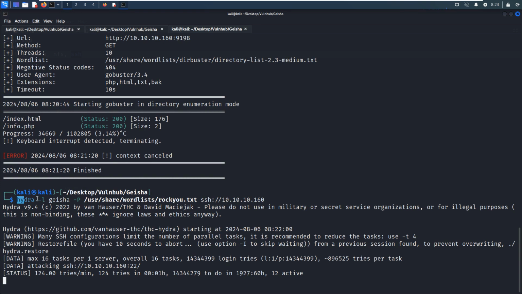Because I have used Hydra throughout my channel many times. As you can see over here, I use the lowercase L option to specify the username. And you can use the uppercase L to specify the username dictionary. And then we can use uppercase P to specify the password dictionary.